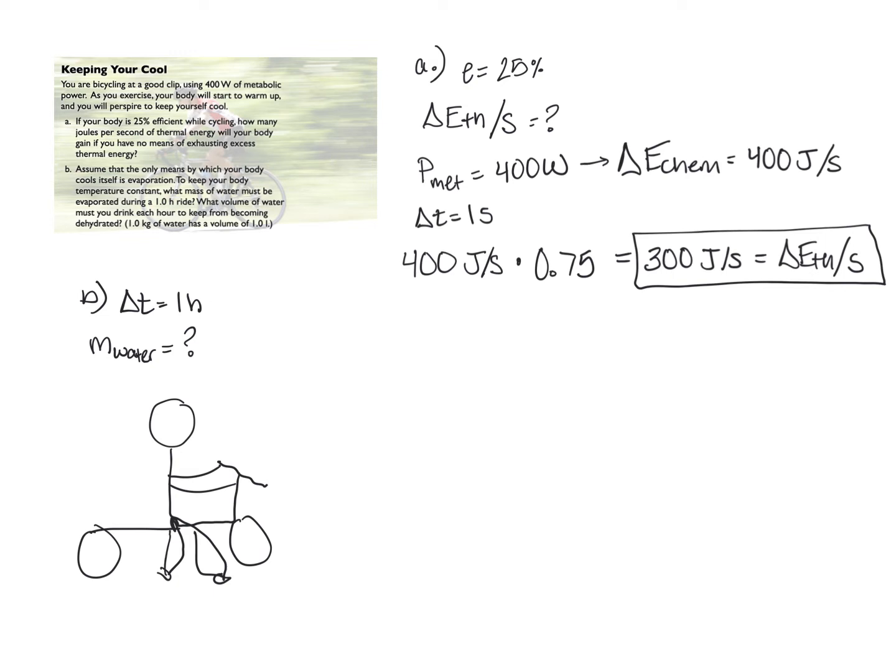If we're biking along at some speed, we are losing water to evaporation. So water in our body, which is liquid water, H2O, liquid, is being turned into gaseous water, right? It's being turned into water vapor. This process here is called evaporation, and we can find the thermal energy lost to evaporation by a specific equation that we've learned about.